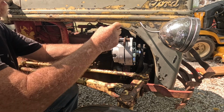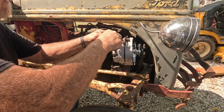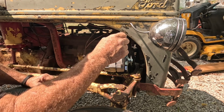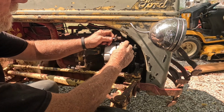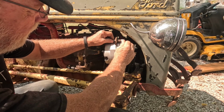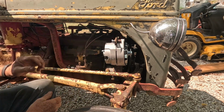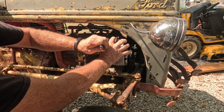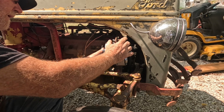Because when I get in there, it starts hitting the alternator case. All right, well, I got this bracket flipped over. I went and got another flat washer. Go there. And well, before I put everything back together, I went and got my flat washer to put down here. Mainly because I thought, well, once I get this all together, I don't want to take it apart again. And when we're in the testing phase, it's one thing, but